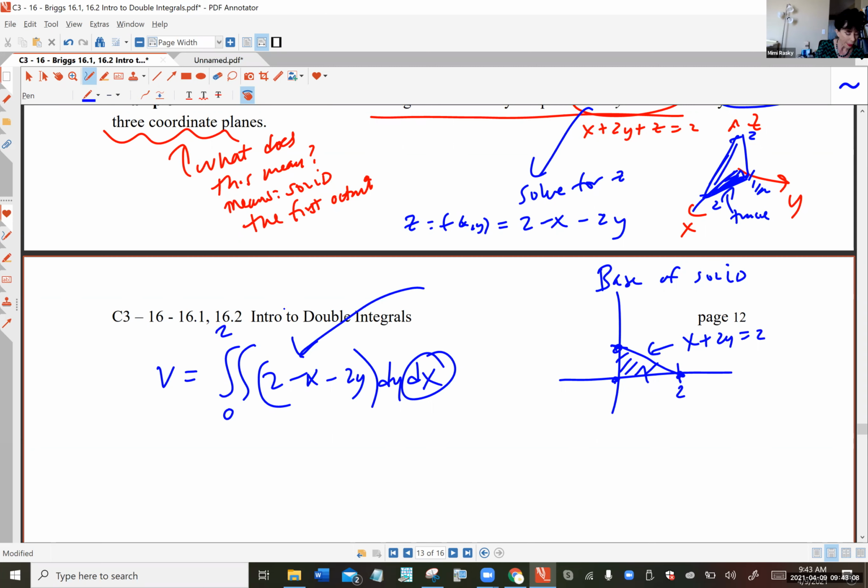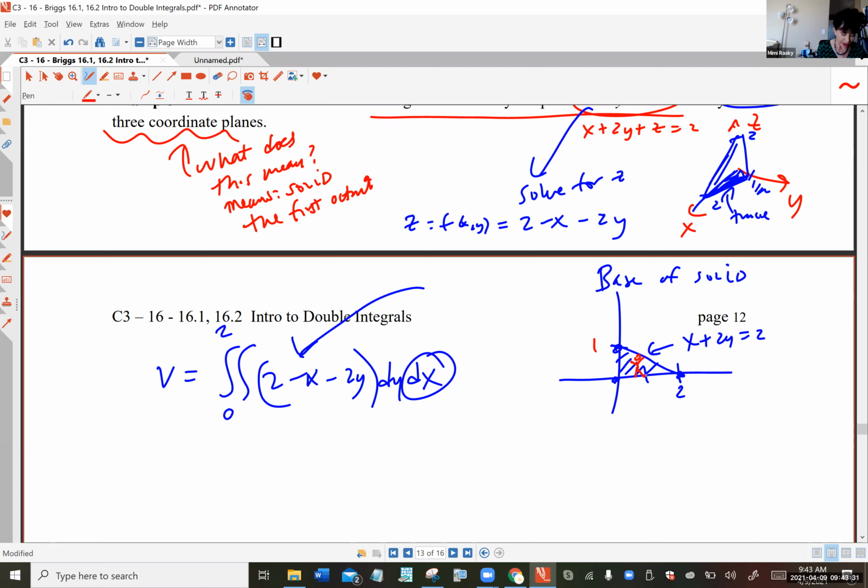from 0 to 2. Now, please do not say that y is going from 0 to 1, because that is false. Well, it looks like it. Remember, if all 4 of those limits are pure numbers, that means the region of integration would be a rectangle, and this is a triangle. This ain't no rectangle. So you're going to put a little man in there to help you decide the limits